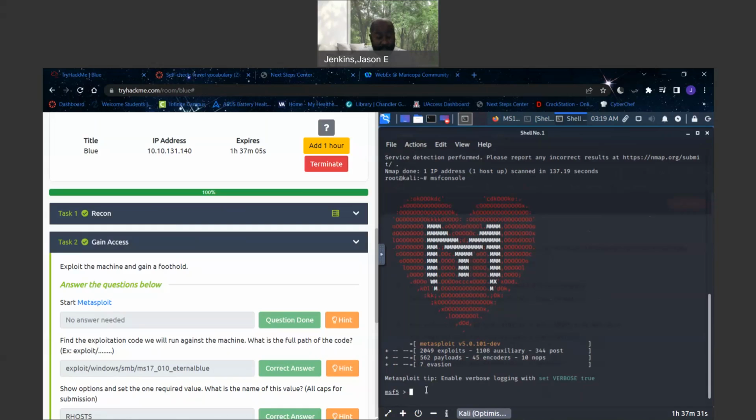The cool thing about Metasploit is it says what it does a little bit in the title: exploit. You can use it to exploit different operating systems or different targets and use different types of exploits. One that we will be messing with very soon. So, find the exploitation code that will run under this machine. What's the full path of the code? So the way to find that out,